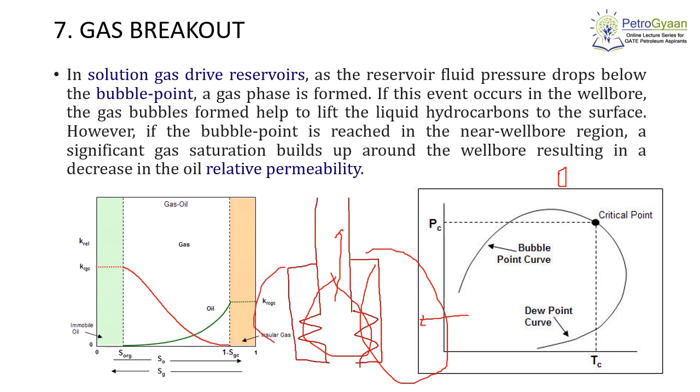In such a condition, the gas phase will form near the vicinity of the wellbore, and the gas saturation is increased in such quantity that it won't allow the oil to flow from the reservoir to the wellbore. So that will act as a restriction or damage zone. As the saturation of gas increases, the relative permeability of rock towards the oil will decrease. To mitigate this type of gas breakout, we generally focus on the production behavior, and during the development of the field, we produce the well in such a way that this type of breakout won't occur.